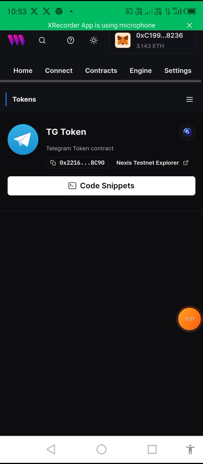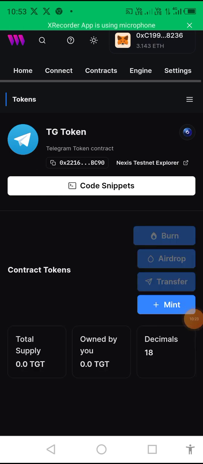So here we are on the page. Now, the next thing I'm going to do is once this thing loads up, you see burn, you see airdrop, you see transfer, which means you can actually do an airdrop for people of this token you just created. This is you creating a token on a blockchain, right? So now we're going to mint the token. You don't have any token yet. You just deployed the contract. Now you click mint